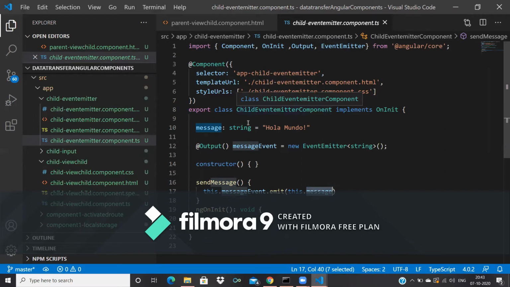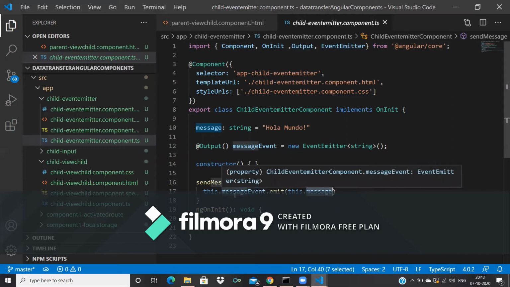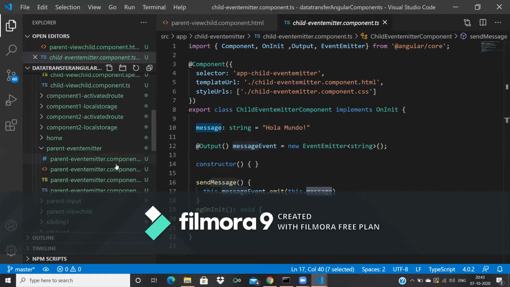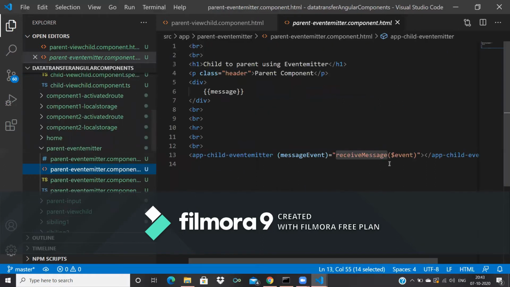What will happen is this.messageEvent I'm calling in the parent here. Message event, I'm getting the value here.